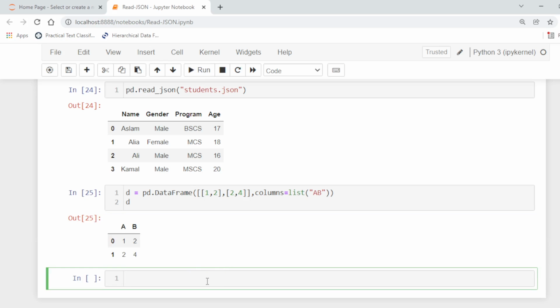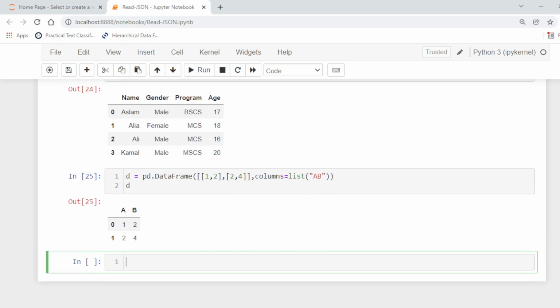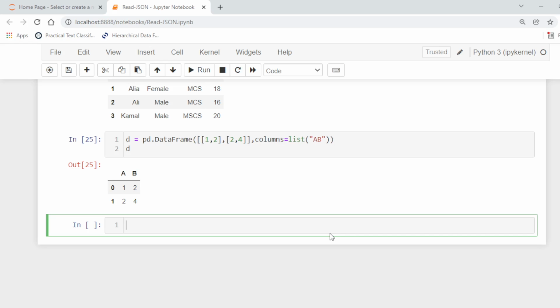Now to convert this data frame to JSON format, we can use the to_json function, and in this way we can produce different JSON formats. For example, df.to_json with orient equal to, for example, columns.